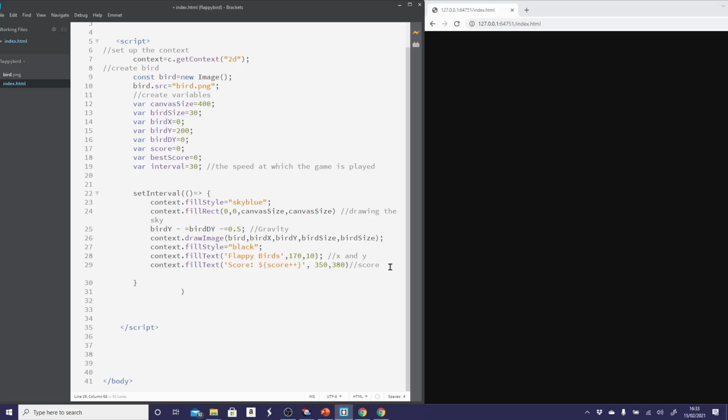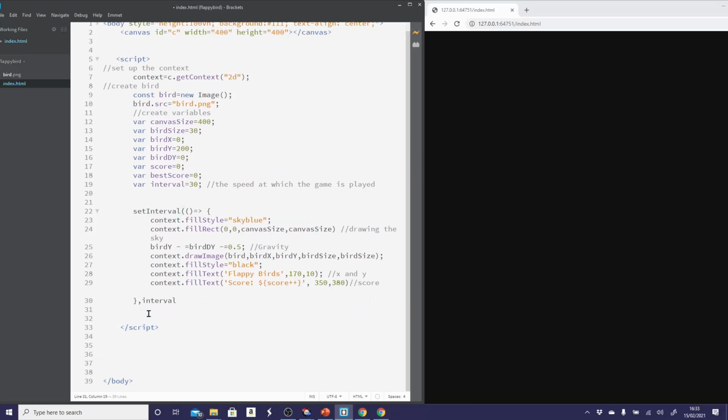And under that, I could just write 30, but I'm going to write interval, and remember we are referring to this interval, this number here, 30. And we've closed our script. So if we save that,